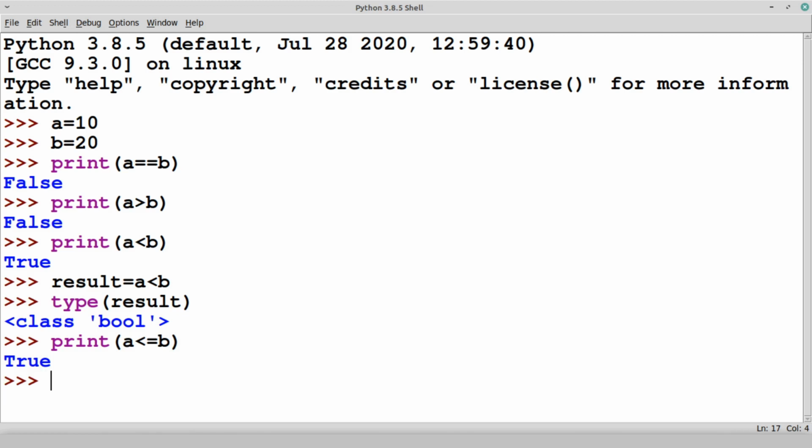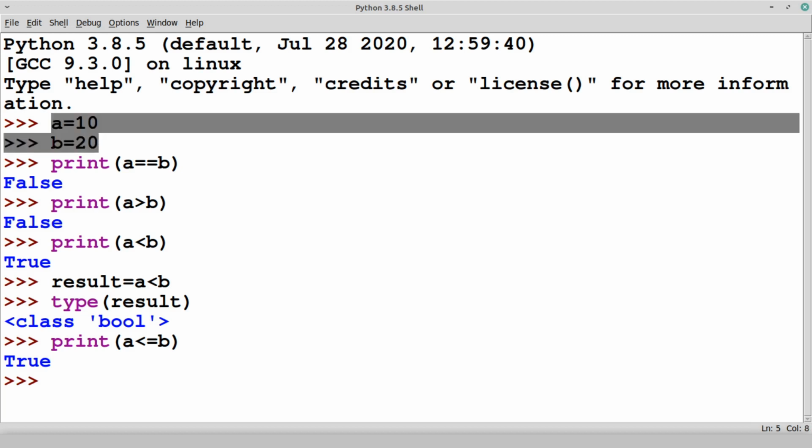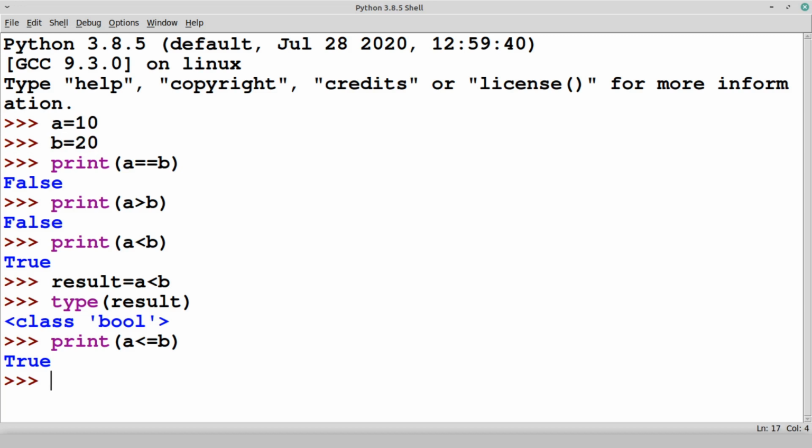There are lots of other examples related to this comparison operator. So let's see all those examples. We can use these operators not only on integers but also on strings. So string data type comparison is also allowed.